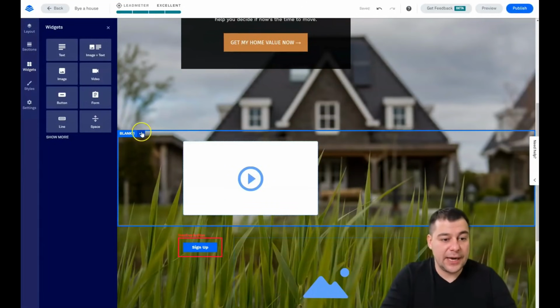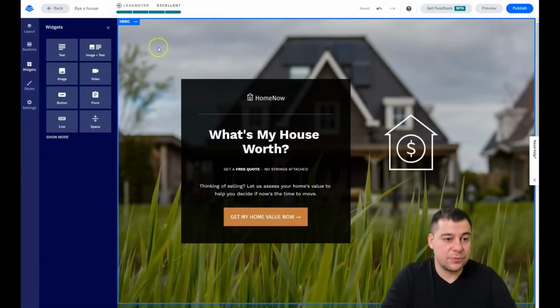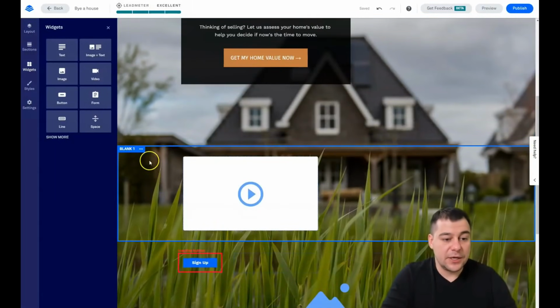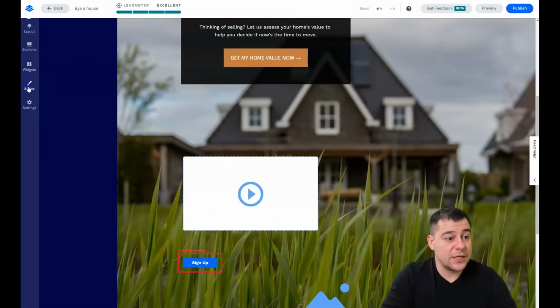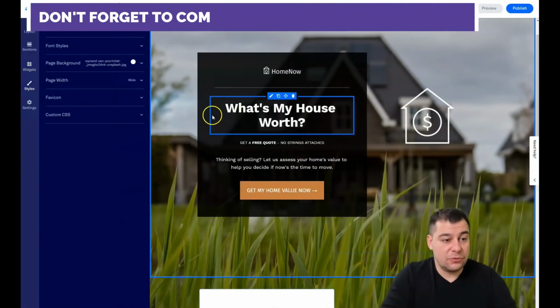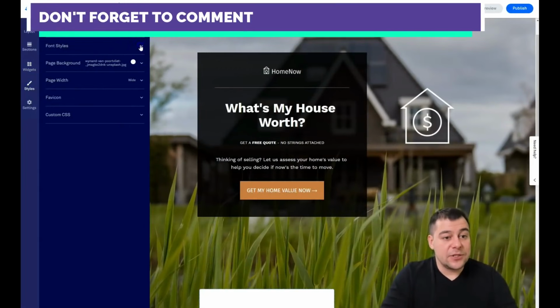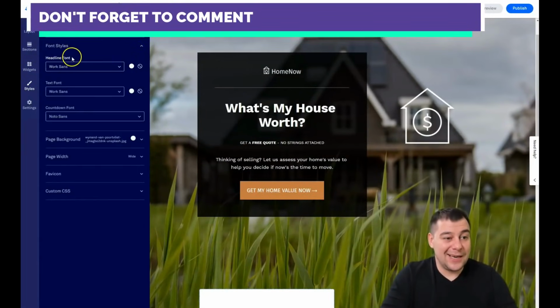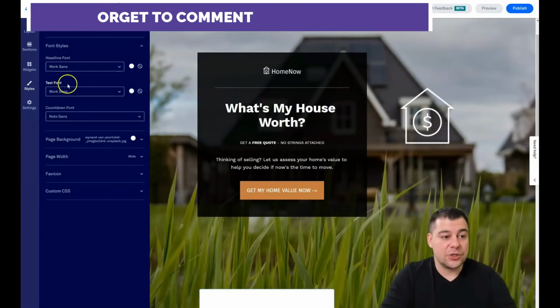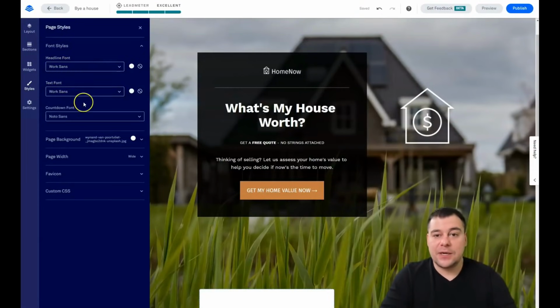But how to edit the block itself? You see the first block is big, the second block is small, and I'm going to show it to you in a second. Styles, what are those? Font styles: you can change the headline font and text font instantly for the entire page, just with one click, and that can be very handy and convenient if you have like 5 or 6 sections, and in each section you have